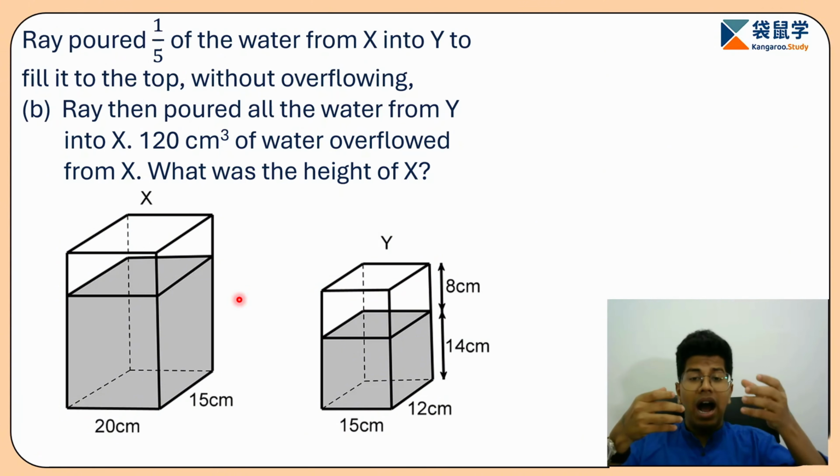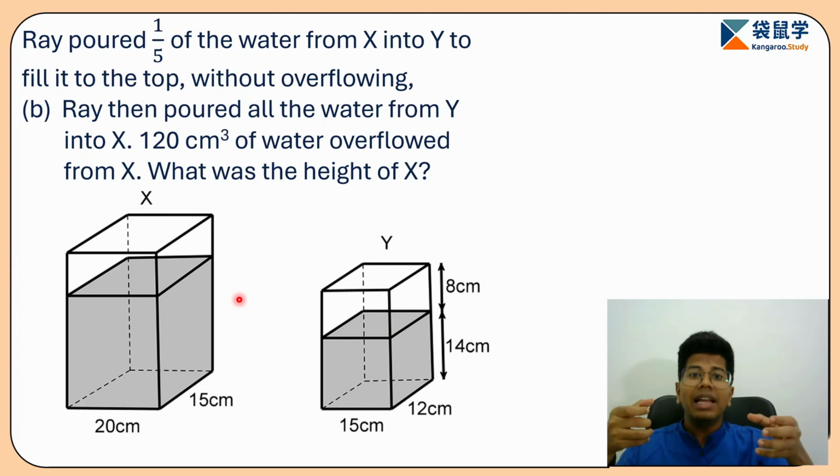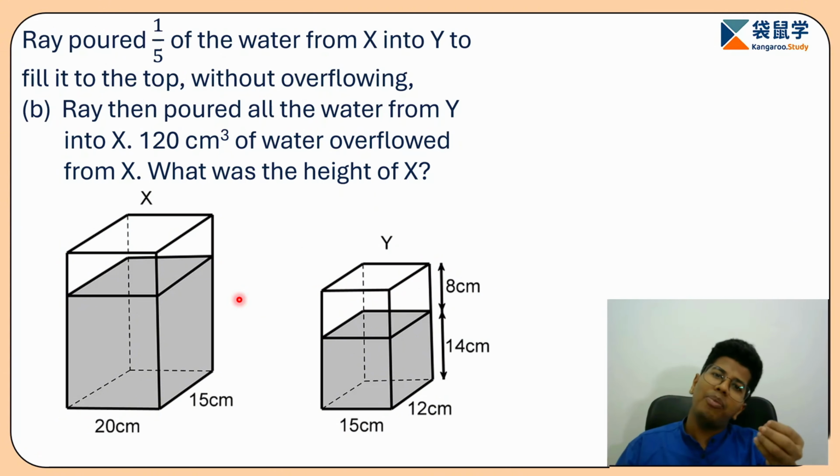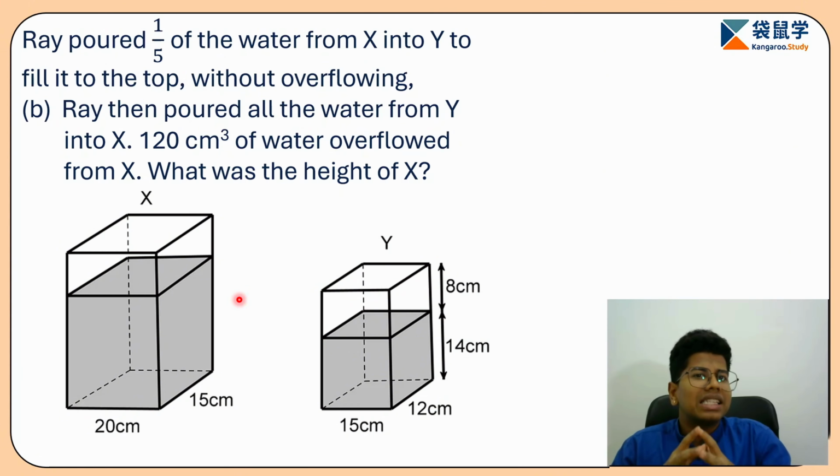Now I pour some water into the first one. Now from the second one, I pour some water from the first one. If I do this, in this entire process, what remains the same? Even if I put water from A to B or B to A, the entire volume of water still remains